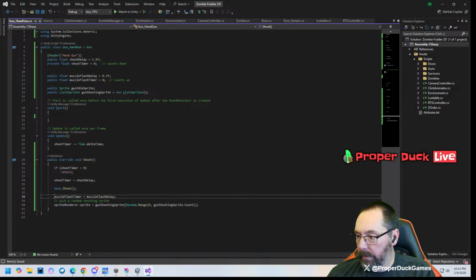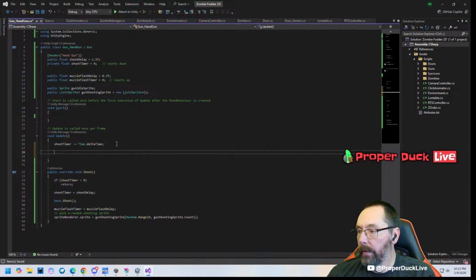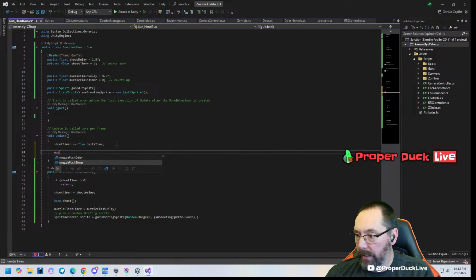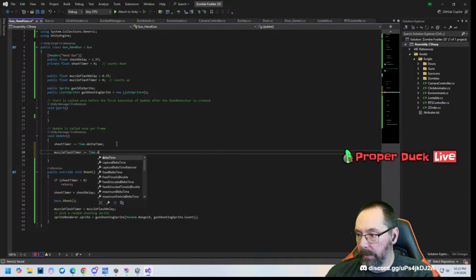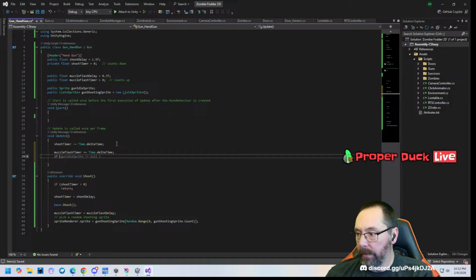So this starts the timer. Up here, how do I want to do this? I could constantly be like muzzle flash timer, which counts up, plus equals time dot delta time, and like if muzzle flash timer is greater than